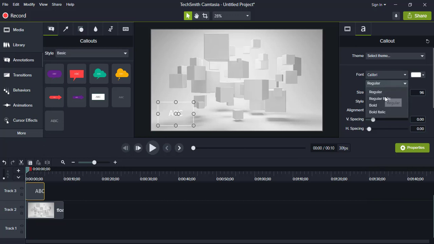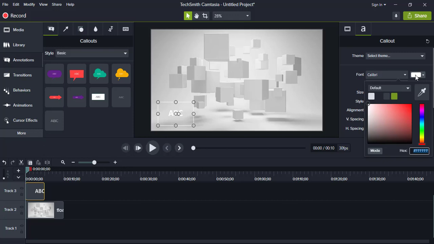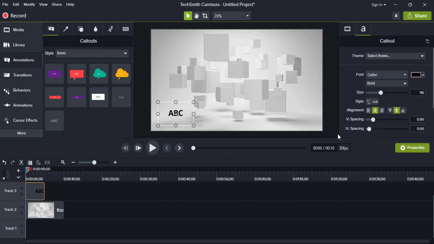So there are 4 types basically: regular, italic, bold and bold italic. I usually like bold, so I'll just click here for bold, and from this box you can change your color. So let us take this black color, as the background is white. I think it will highlight, and it's all trial and error, so you can just simply do it.